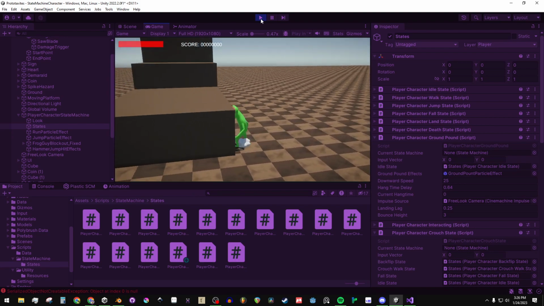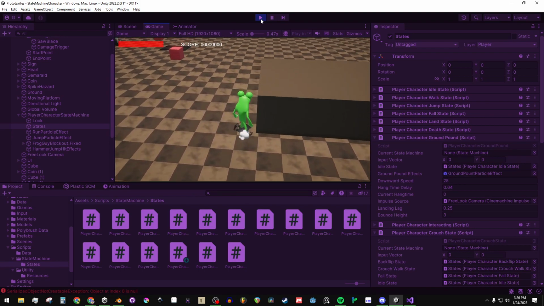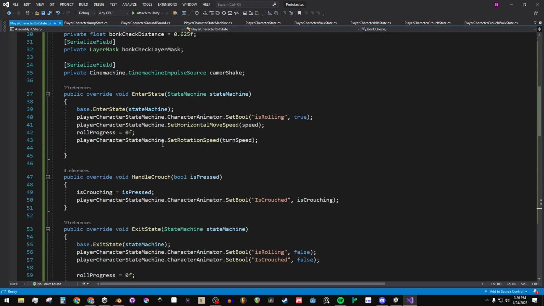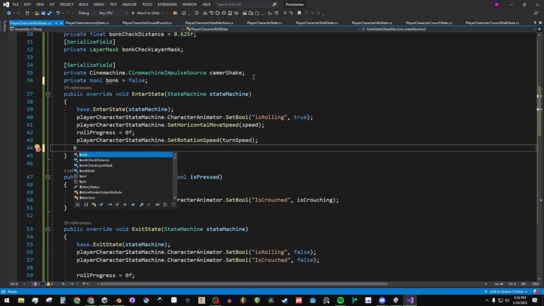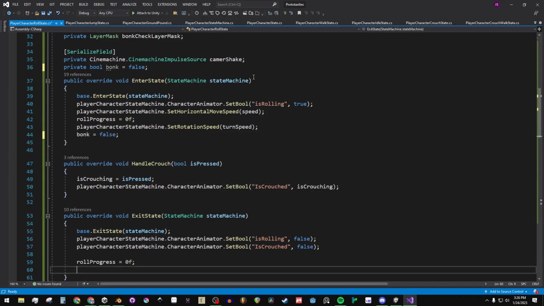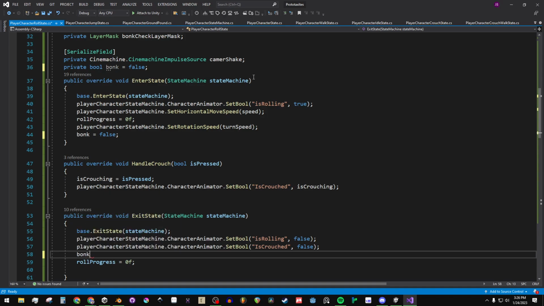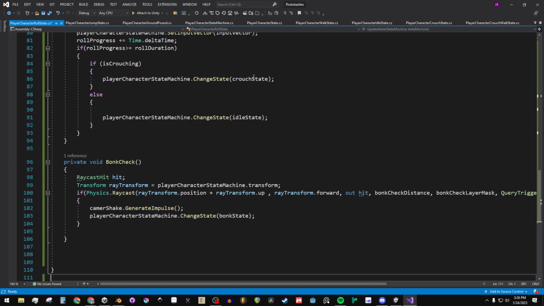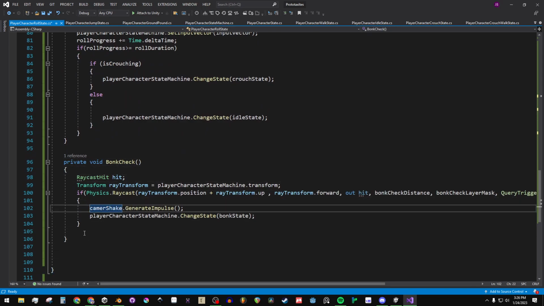And actually, for the bonk, I think I'm going to have it, let's see. So we'll say bonk is false. Exit state, we'll say bonk is false. And then here, instead of doing this if,